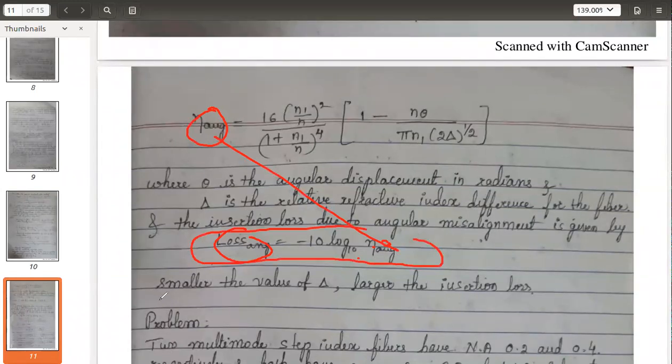Okay, and you can see this is your relative refractive index difference. So if this denominator value is small, what happens to this eta, the coupling efficiency? Inversely related है. अगर ये small है, तो this will become big. So if this is bigger, what will be the loss? Loss will be larger. So inversely related है. If the delta value is small, you will get more insertion loss. Delta value small means what? Delta is the relative refractive index difference between core and the cladding. जितना आप ये difference को कम रखोगे, उतना ही loss ज़्यादा होगा.